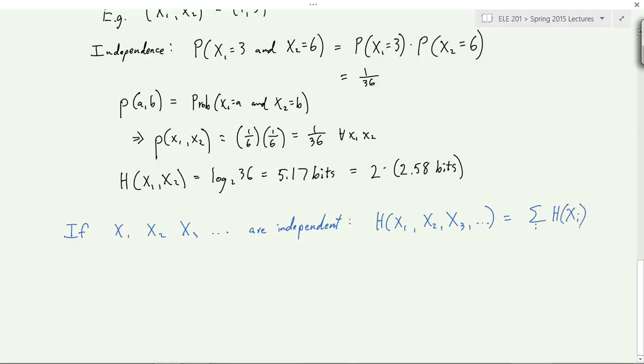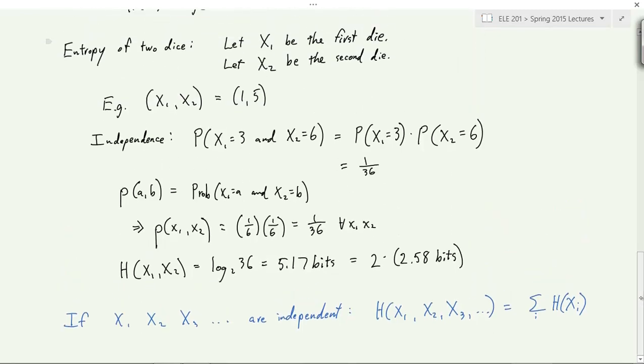Now, when they're not independent, you have other things going on here. If things are not independent, and we go back up to this type of factorization, we don't get a factorization where you just get the product. But you still get a factorization. You get the probability that x1 equals 3 times what we call a conditional probability, that x2 equals 6 given x1 equals 3. We're not going to deal with that for the sake of this class,